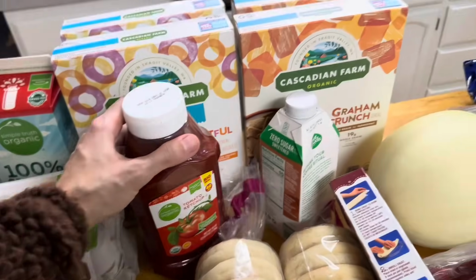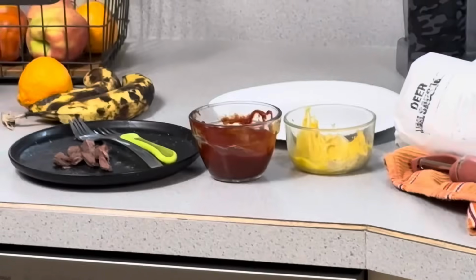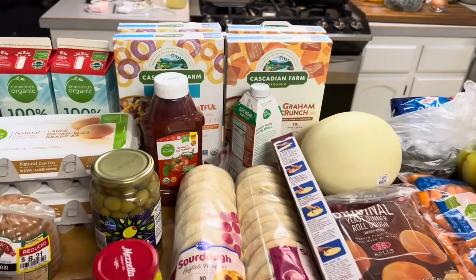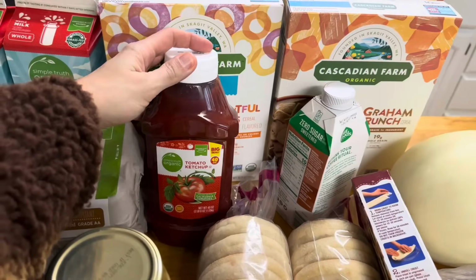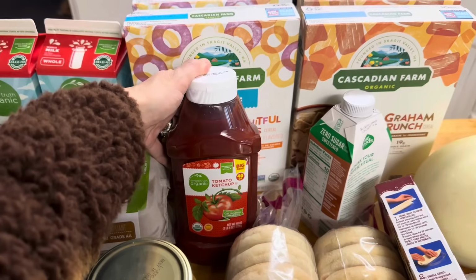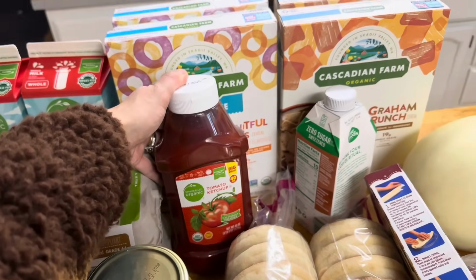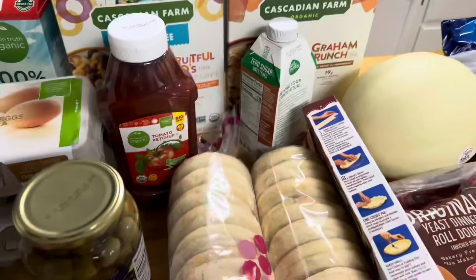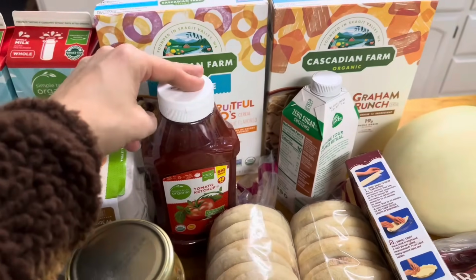We were all out of ketchup, and then Aaron made some back there. So I knew we were out of ketchup, and I remembered to grab some at the store. I've forgotten like the last 5 times that we were there. So I got a huge bottle, and that's for the kids' French fries. And then also we're gonna fry up some potatoes back there in a minute with some leftover potatoes, peppers, and